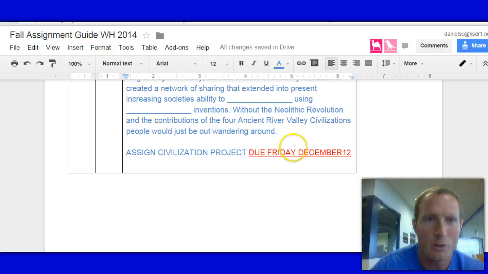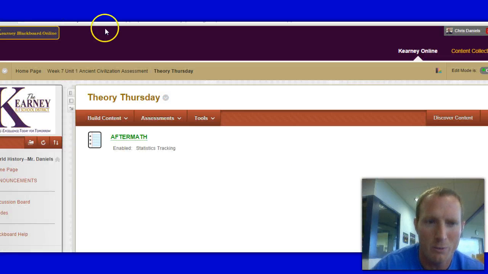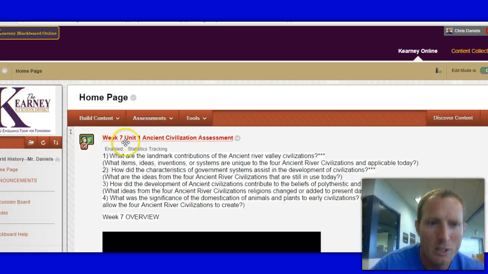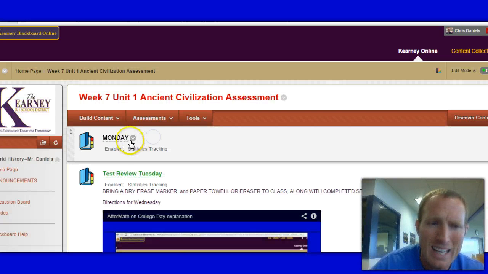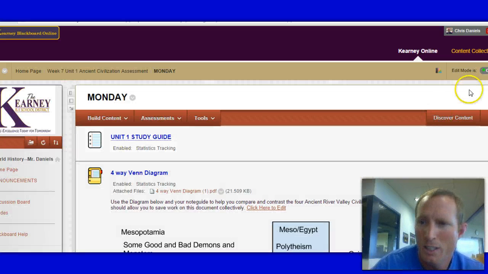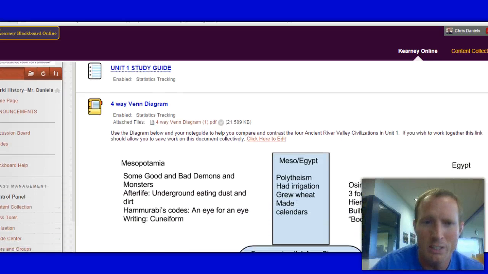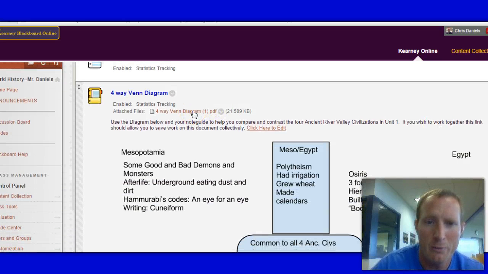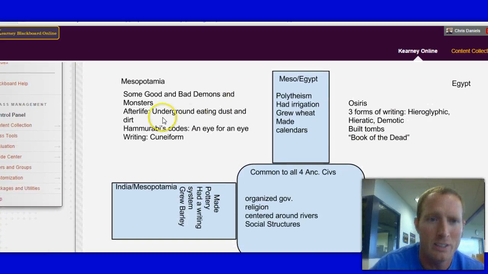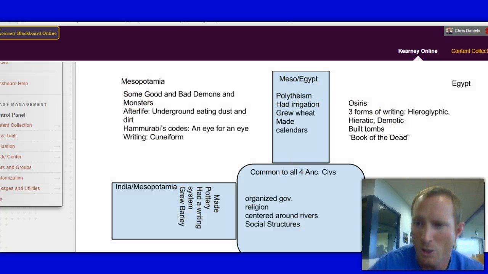So, without further ado, let's jump back over here and look at this aforementioned Venn diagram. If you go back to the home page, you're going to click on week 7. And the Venn diagram was assigned on Monday, so it's still underneath Monday. The great thing for you is that you have the ability to download it as a PDF and print it if you want to write on it. You can click on it and save it to your Google Drive. When you do this, you're actually going to be sharing it with the class, as evidenced by Samantha Dillon's submission here. She put all of her answers on this piece of paper for you to go ahead and use.